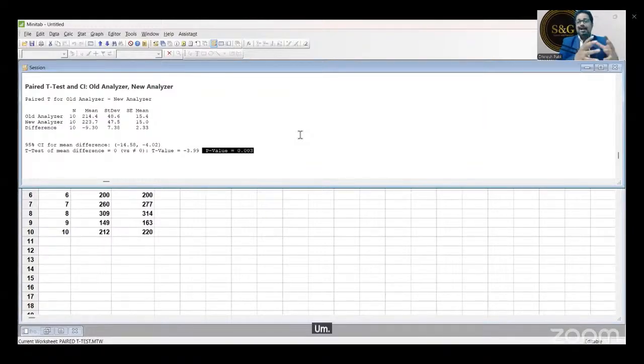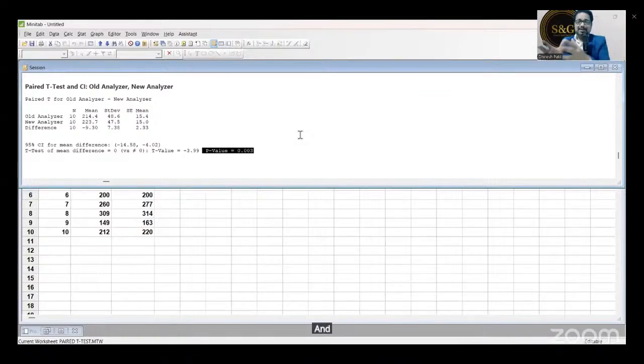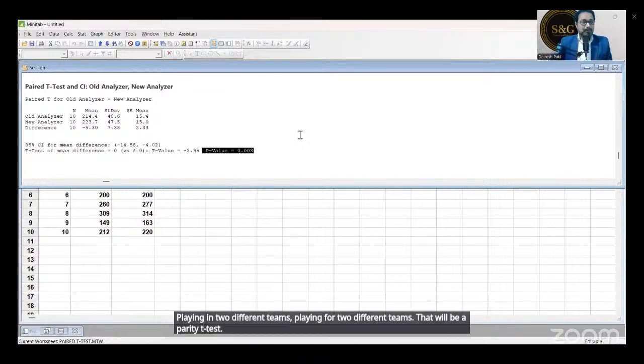Let's take another example, a cricket batsman. Rishabh Pant. Rishabh Pant with some other team, and Rishabh Pant in some other team. What is the difference between the scores he scored in the IPL? That will be a paired t-test. Are you understanding? A common person playing for two different teams will be a paired t-test.